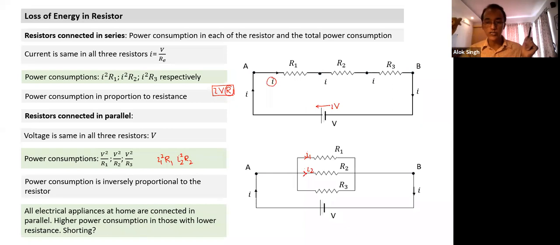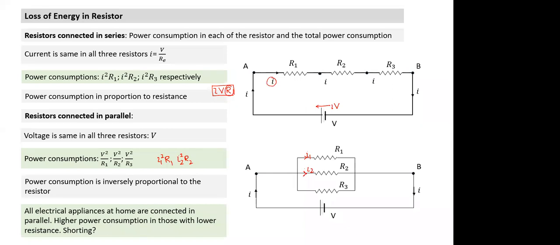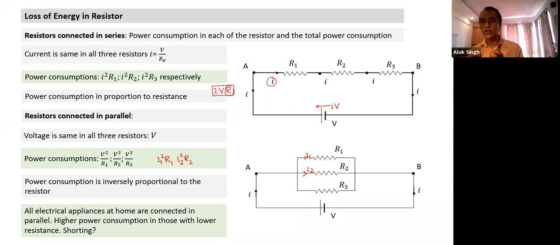Are you following this point? Yes, sir. We have two different appliances, one of 100 watts, the other of 1000 watts. Which will have more resistance? The 100 watt one will have more resistance, and the 1000 watt one will have less resistance. But it consumes more power because more current flows. So in the case of a geyser, higher current will flow. That's why on power points for the AC and similar appliances, the cable is also thicker. Why? Because the current flowing through that wire will be much higher compared to an appliance which consumes lower power.